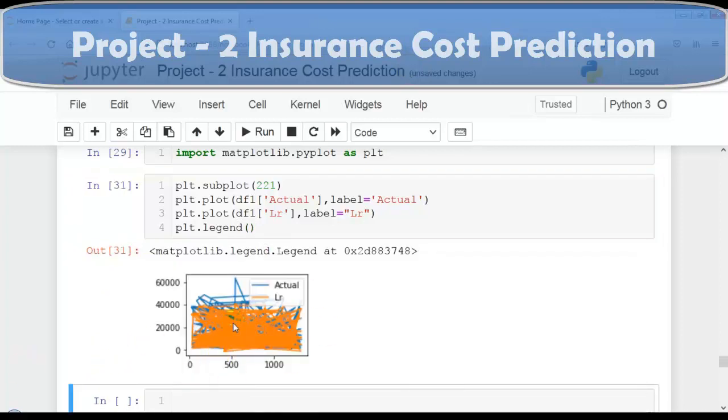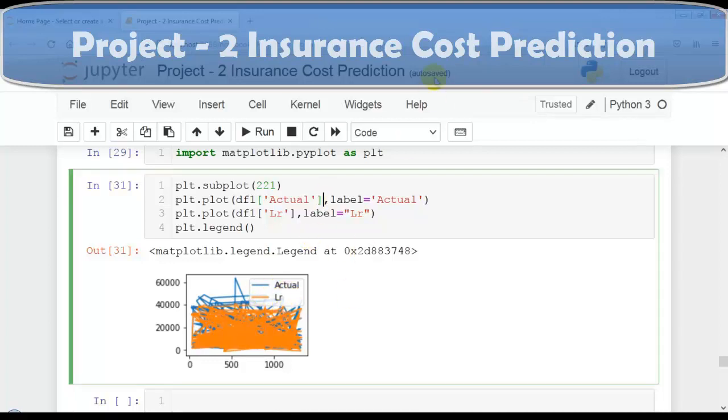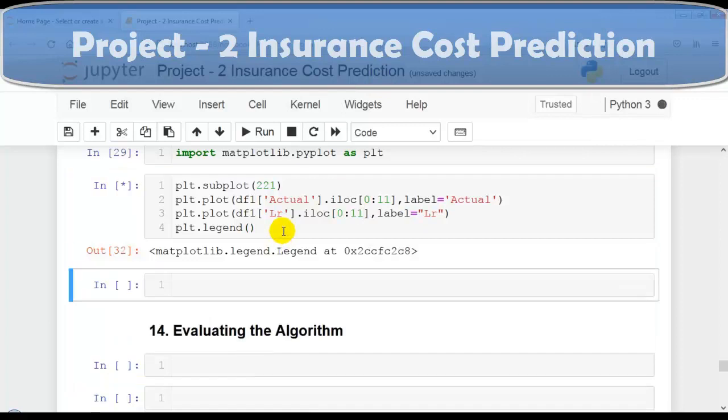As you can see over here, actual values in this blue color and predicted values in this orange color. But it is very difficult to differentiate both the values. So now let's compare the first 10 values. I am using iloc 0 to 11 to select only 10 rows from our dataset. Let me execute this cell.